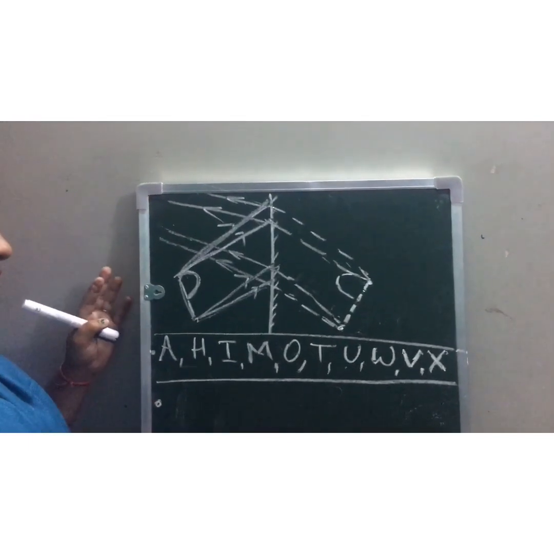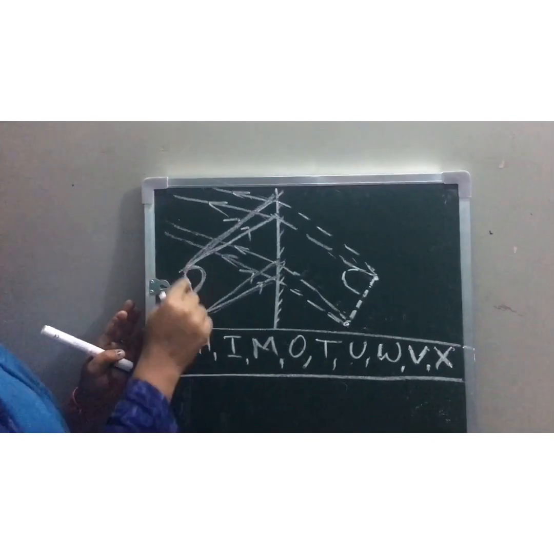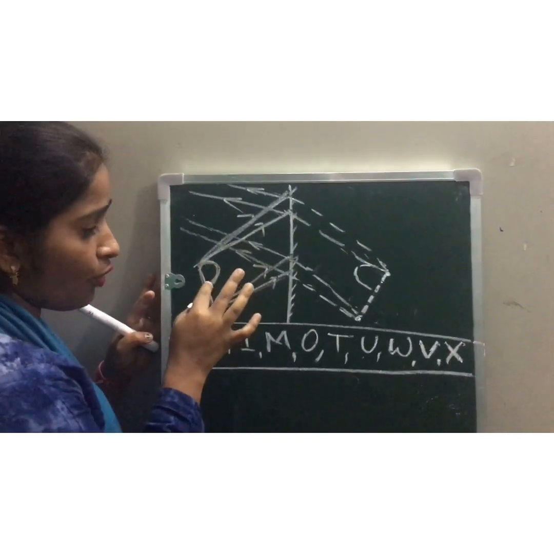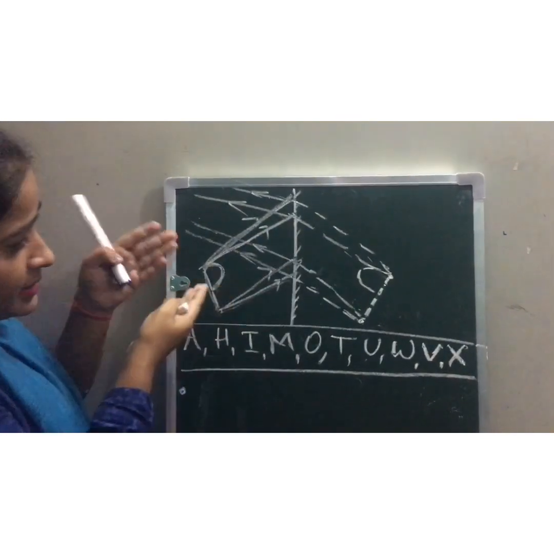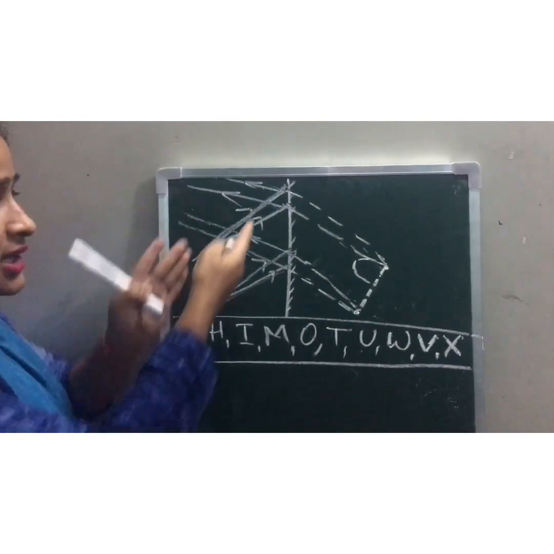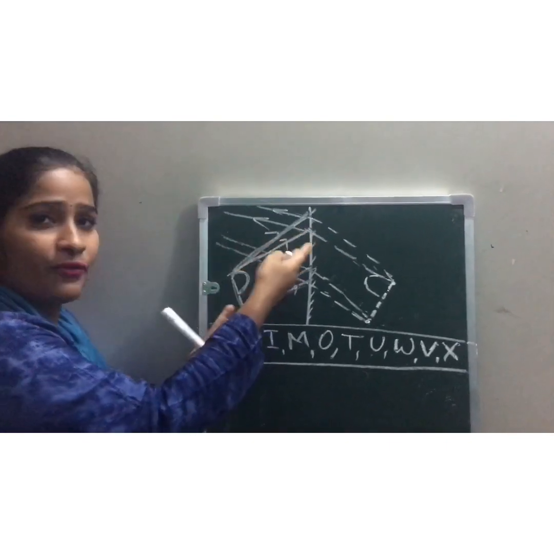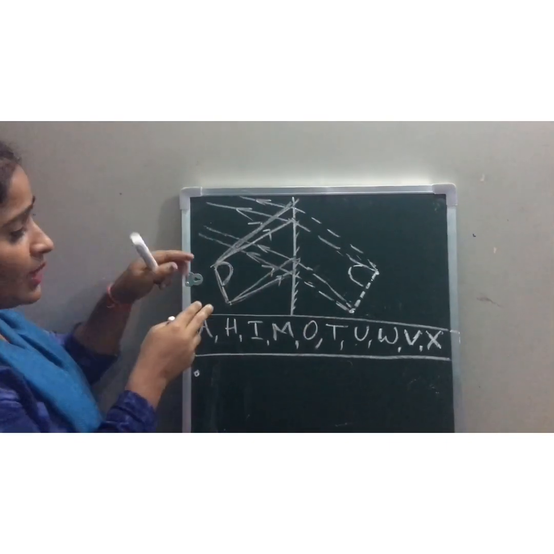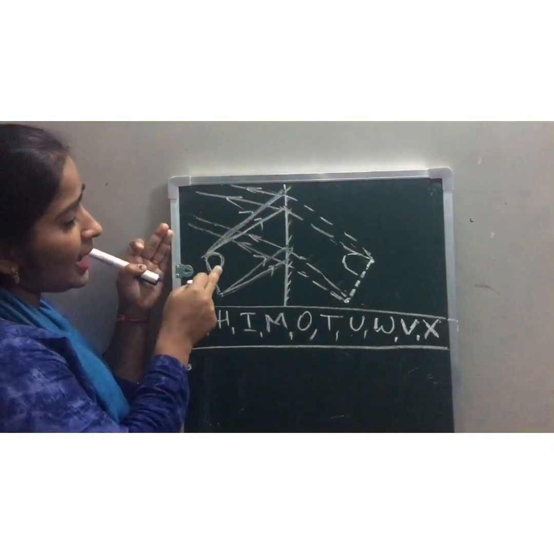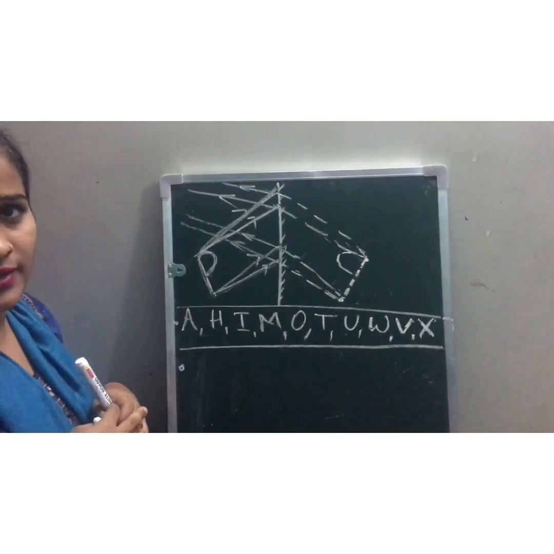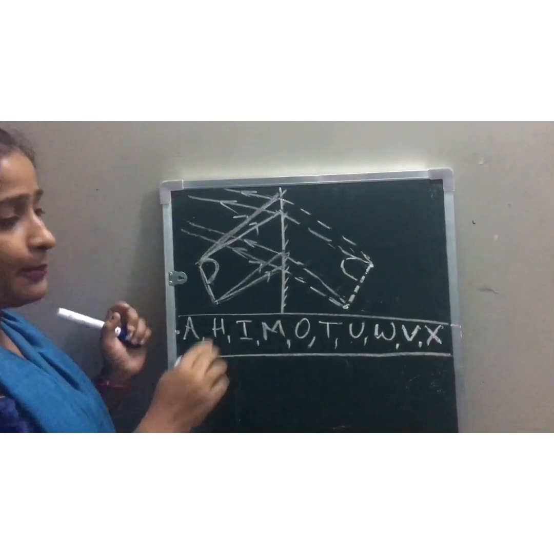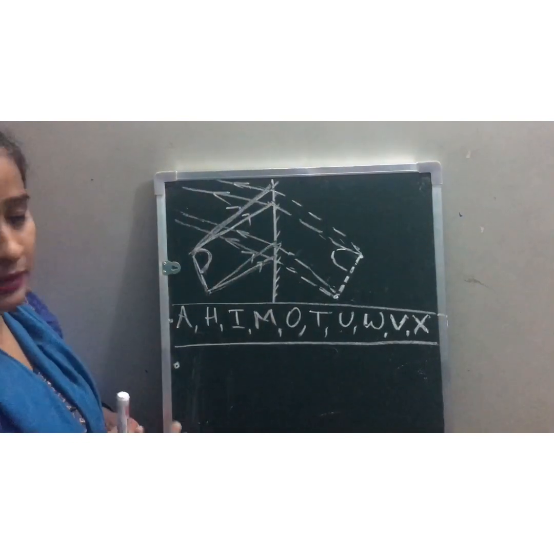You can ask, there is a question in your mind, ma'am, why do the rays come only from these two points? Beta, we are not able to draw rays from all the points. But if I draw all the rays, are you able to understand the figure? No. There will be so many rays that you will not understand which are the incident rays and which are the reflected rays. That's why I am taking only the head, top and the bottom of the figure. Likewise, every point has incident rays as well as reflected rays. That's why we are getting this whole image. Otherwise, it would be only this point and this point. I am not drawing all of them because it will create confusion.